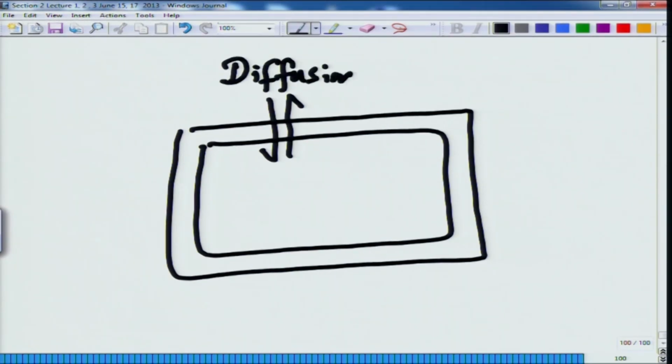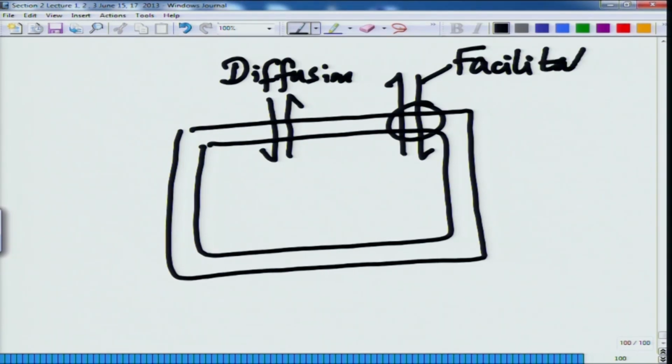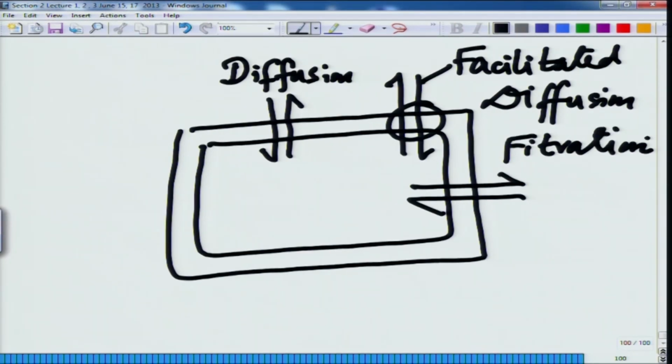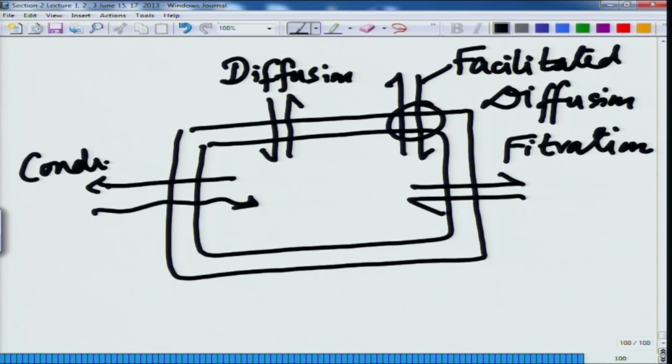So, one of the processes of passive transport is diffusion, then you have something called, we will come in depth with that, facilitated diffusion, then you have something called filtration, then you have conduction,